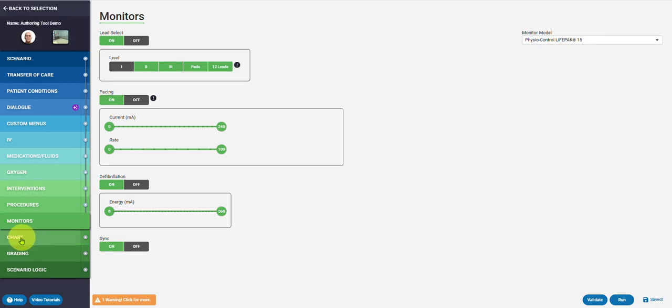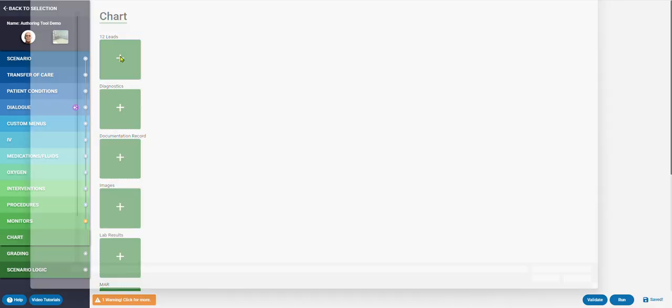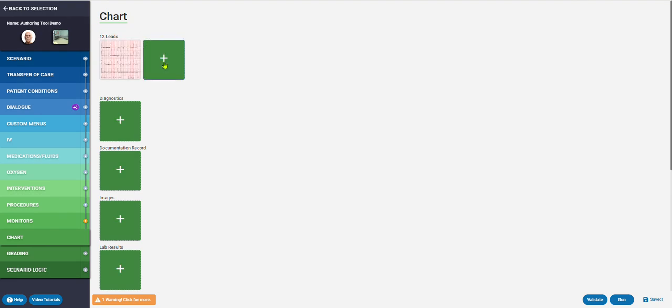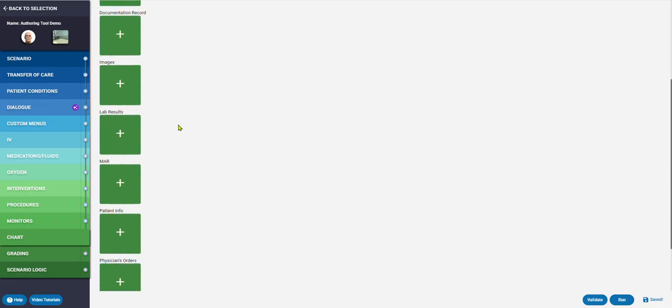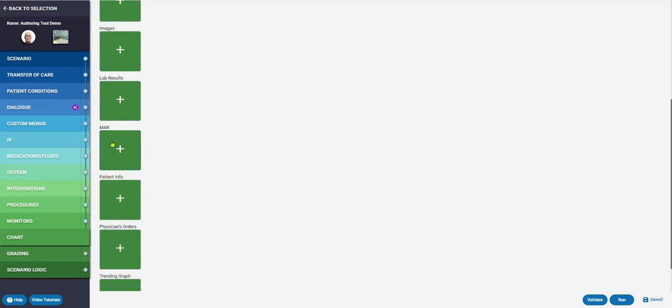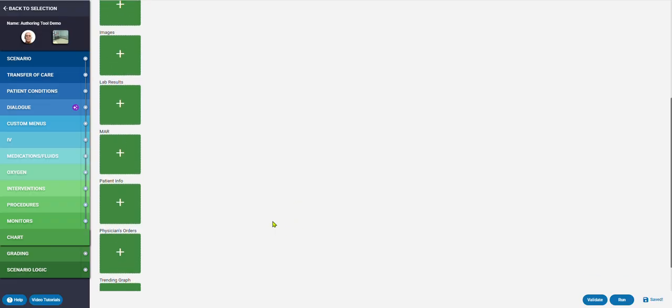The chart, so out of hospital, this will say media, and the main difference is out of hospital, you have access to 12 leads as well as images. So you can open up your files on your computer, put a picture of your local protocols. Example for 12 leads here, I drop in a 12 lead and now that's available to learners. For clinical, you can see there's a lot more options. They can drop in a picture of lab results, medication orders, physician orders, protocols, hospital policies, anything you want them to